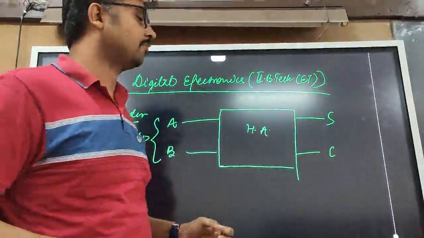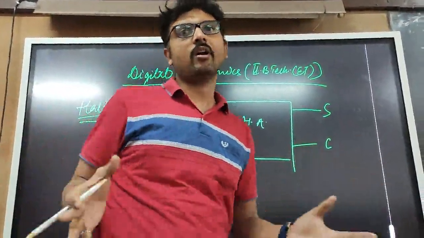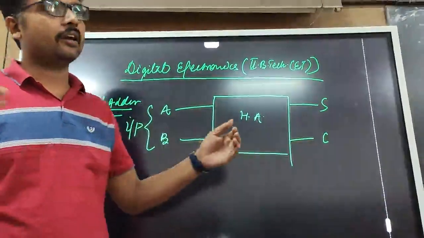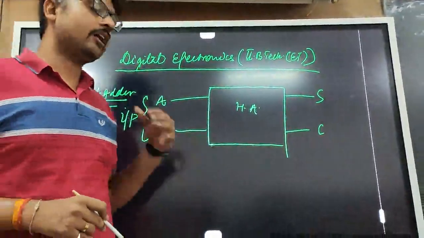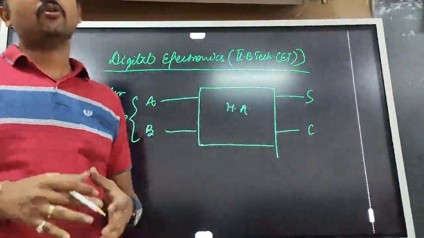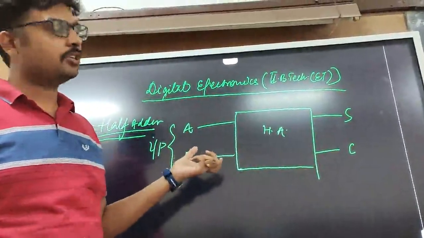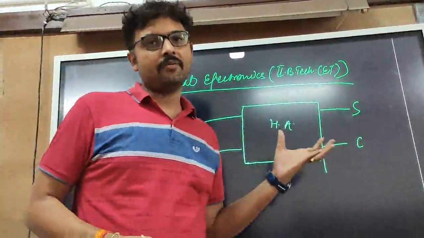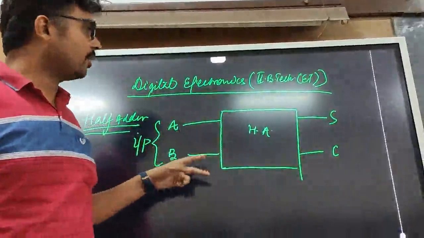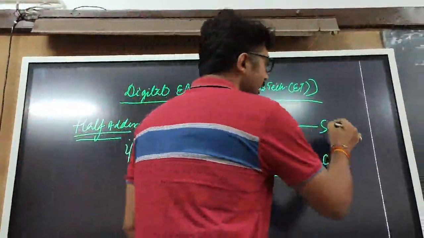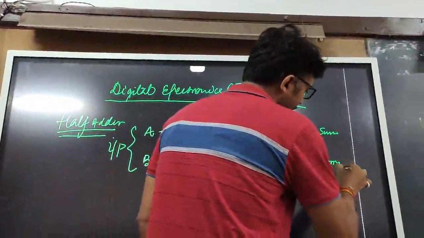As you have seen in the case of OR gate, it's also a kind of ORing. It's something like addition, but it's not actual addition. Whenever we have to add something, we need exclusive ORing. So exclusive OR gate has been used here, and the basic purpose of this half adder is to add single bits in the form of sum. S stands for sum and C stands for carry.